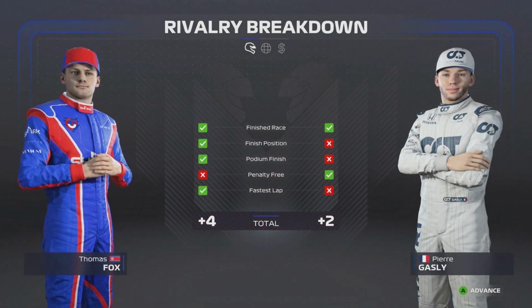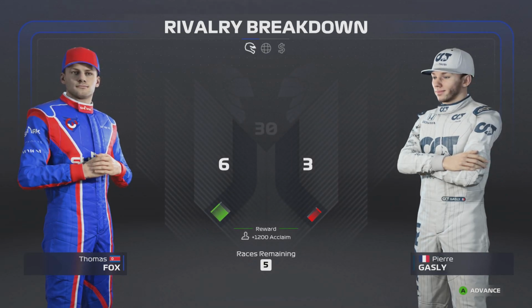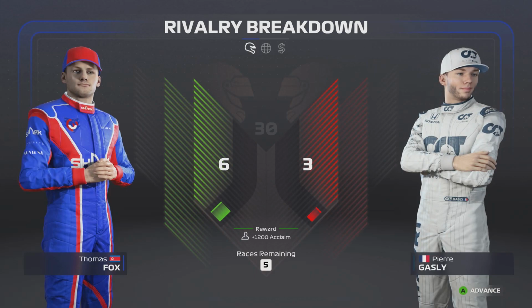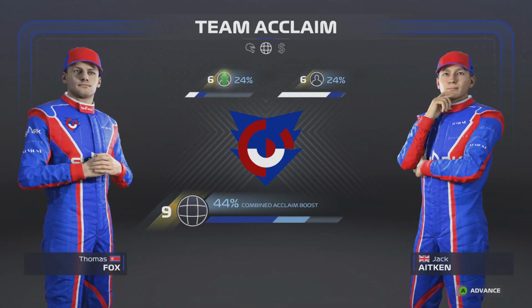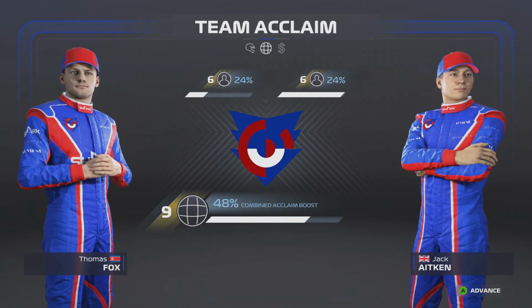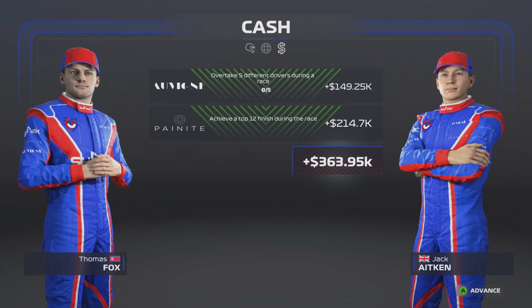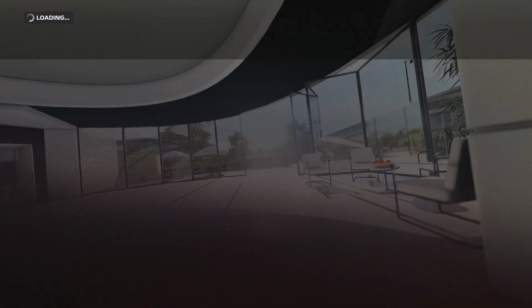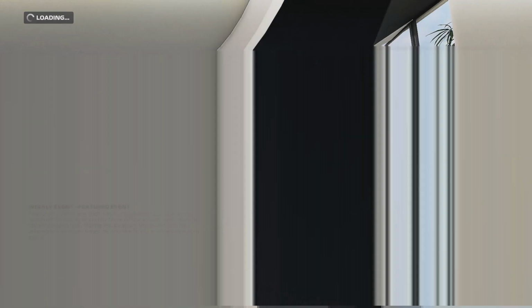So there you can see is Pierre Gasly in the AlphaTauri. Our rivalry with him, we beat him 4-2 in the race, which means overall now we are 6 points to 3 ahead of Gasly out of a possible 30. Speaking of the Team Acclaim side of things, we move up to level 6 on the Team Acclaim, same level as Jack Aiken now, and our Team Acclaim combined boost is now 48%, and we're on to level 9. So by the end of the Monaco Grand Prix, we should hit level 10, which does mean that we'll be able to get a third sponsor on the car, which is going to be crucial, because I believe the contracts for Jack Aiken expires in the...